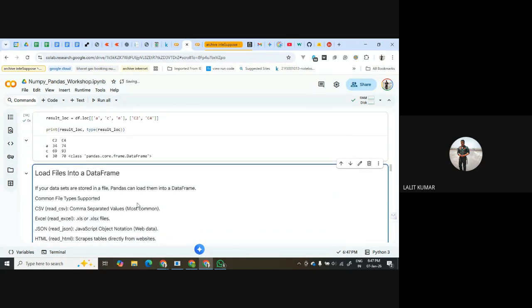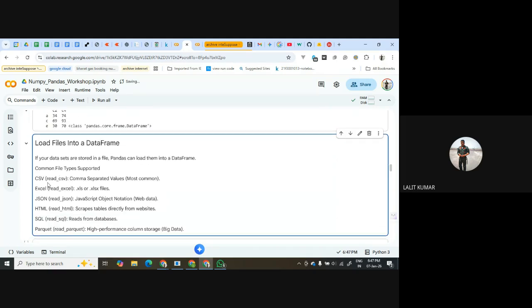Now we will learn how to load files into Pandas into a data frame. So we can have data in a lot of file types. For example, we can have CSV, which is comma separated values, which is a very, very common format for the data science data sets.